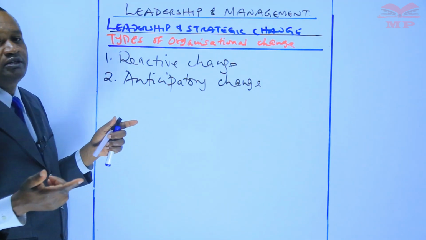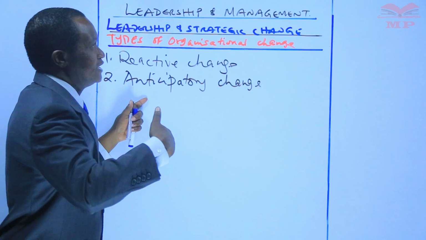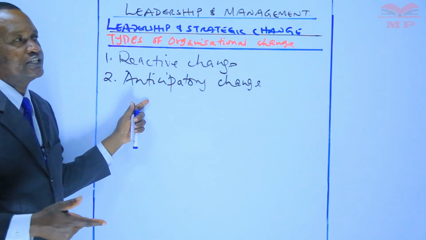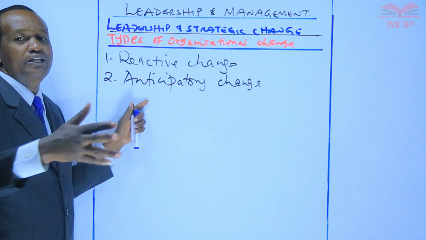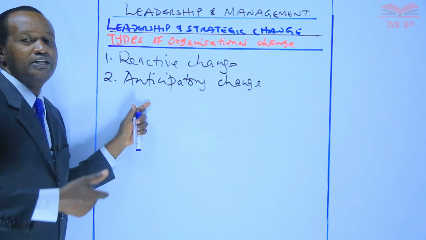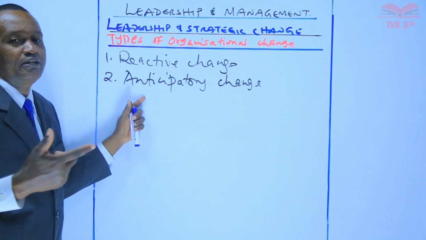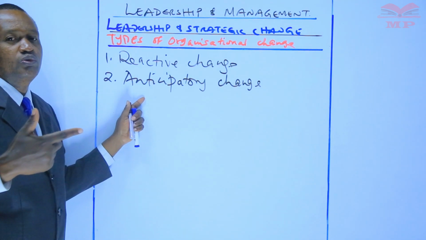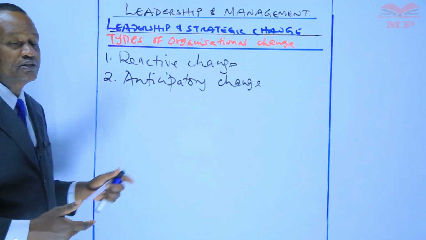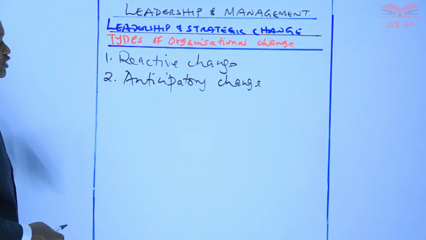So tuning in essentially involves implementing incremental changes, which means dealing with a subsystem individually or just with a part of a system. And reorientation essentially involves changing the organization from the existing state to a desired futuristic state as an anticipatory measure, and then dealing with the entire process of transition. So anticipatory change can either be through reorientation, or it can be incremental. So this is the second type of organizational change. The first one I've said is reactive change. Number 2, anticipatory change. Then number 3,